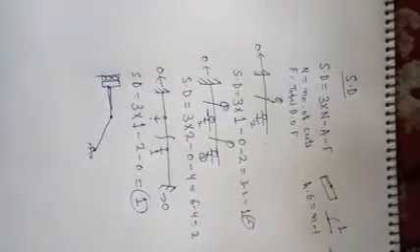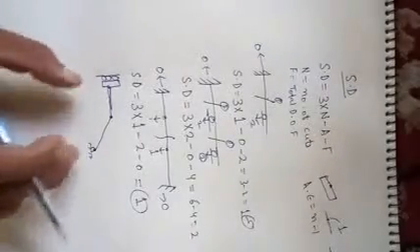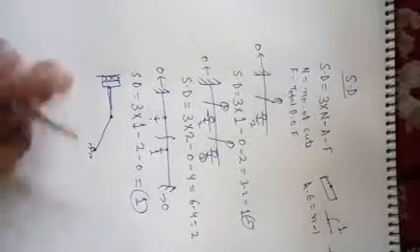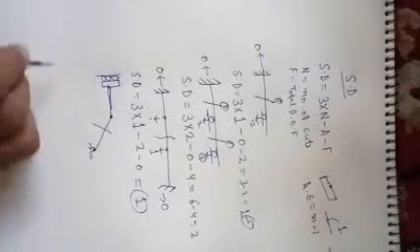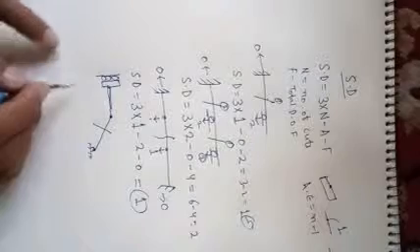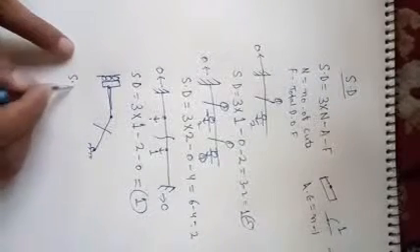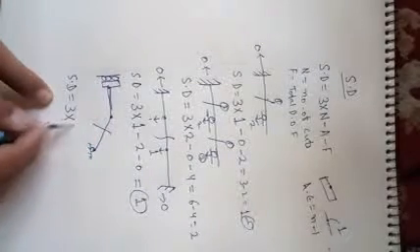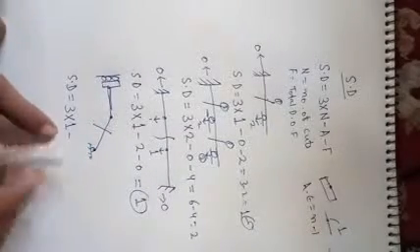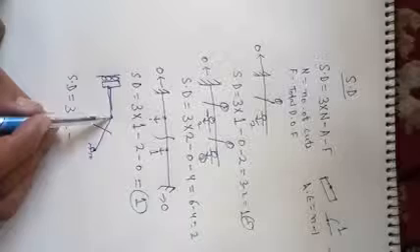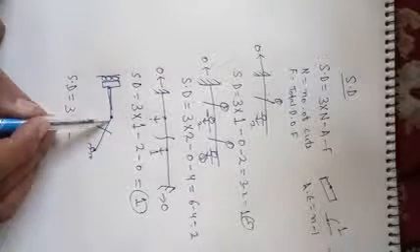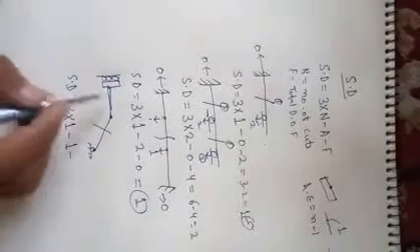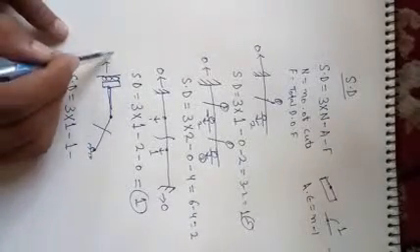Now for this structure there are two supports, this support and this support, so you have to apply only one cut. I will apply here. Now static determinacy equals 3 into number of cuts, which is 1, minus additional equation. There will be one additional equation due to this hinge, which is connected to two members, so 2 minus 1 equals 1, minus total degree of freedom. For this, degree of freedom is 1